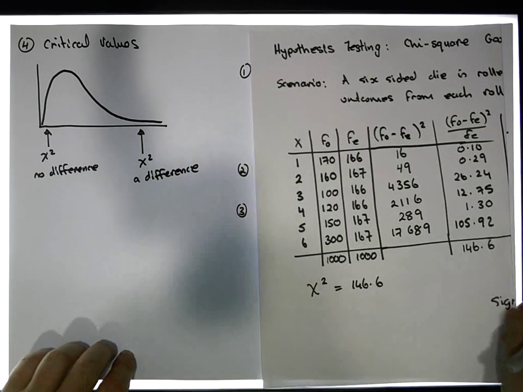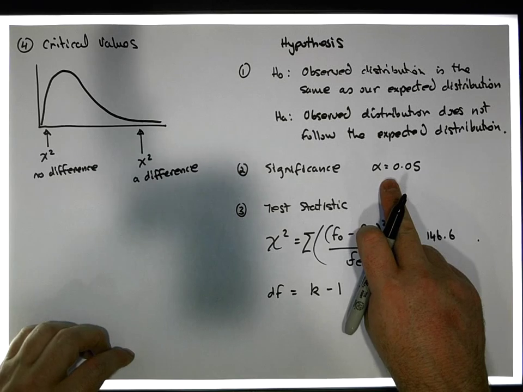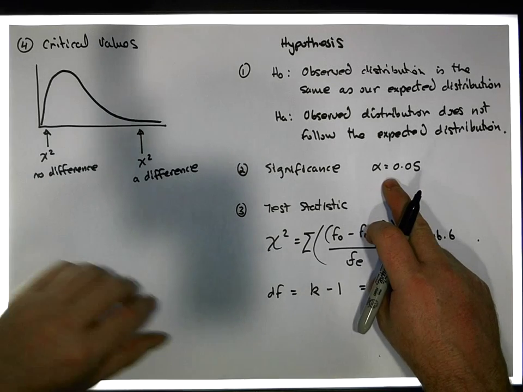Now we're setting alpha equal to 0.05. So actually this is a one-tailed test. Maybe I should say this here. This